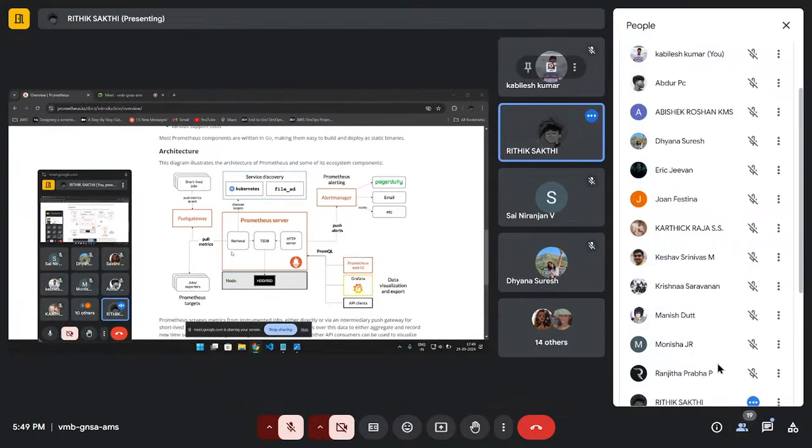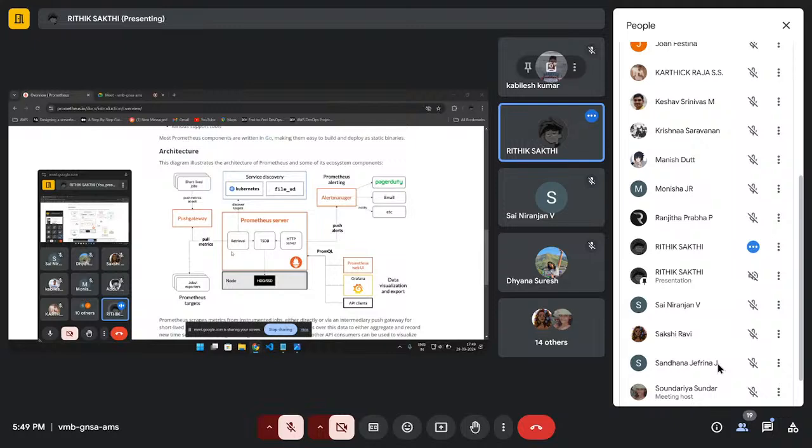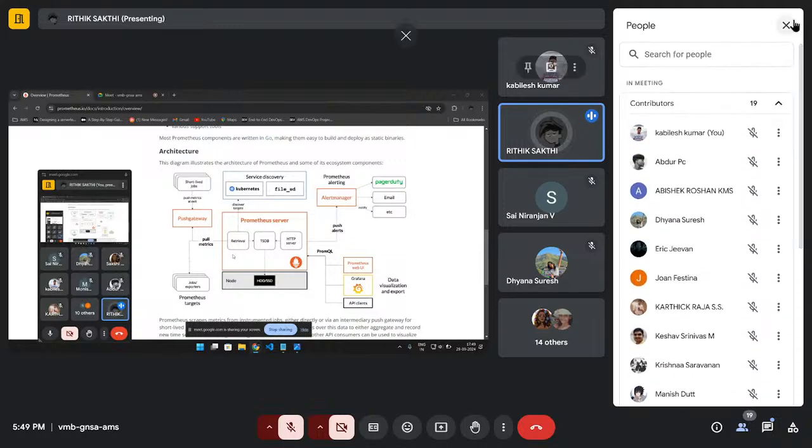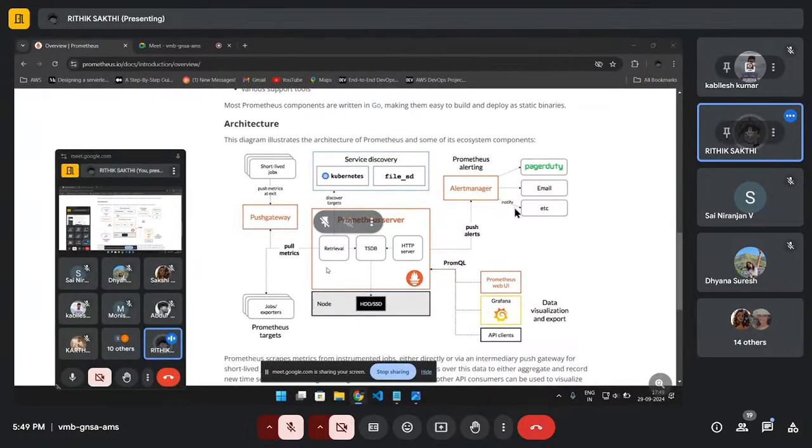This retrieval will pull those metrics from the exporters. So the servers do not push the metrics, but Prometheus pulls those metrics. That is different from CloudWatch. What AWS CloudWatch does is, my applications and my services push those metrics to CloudWatch, whereas Prometheus pulls